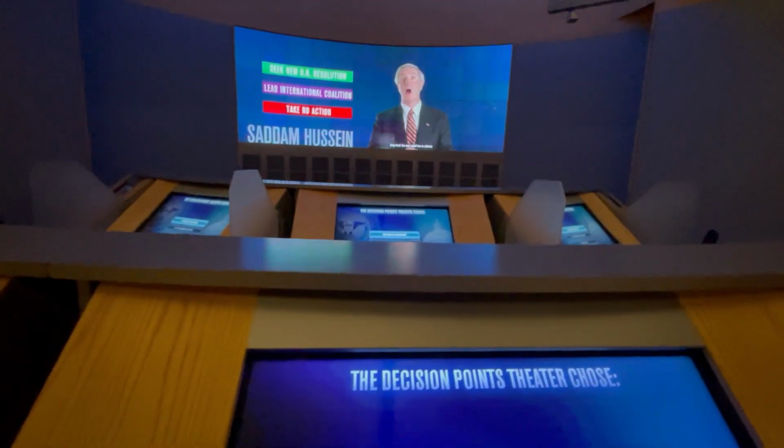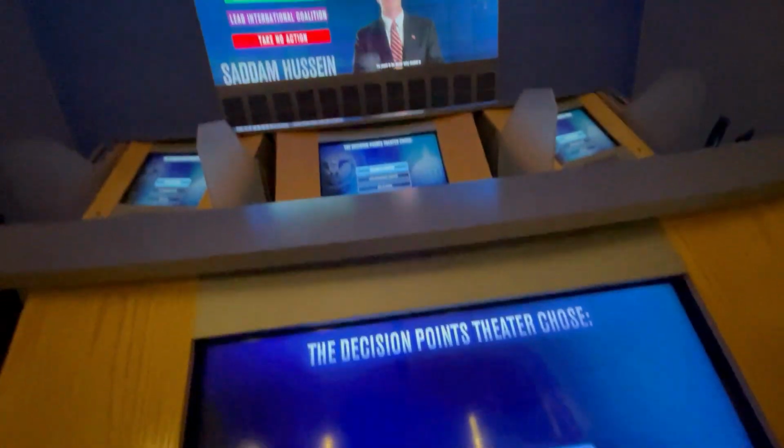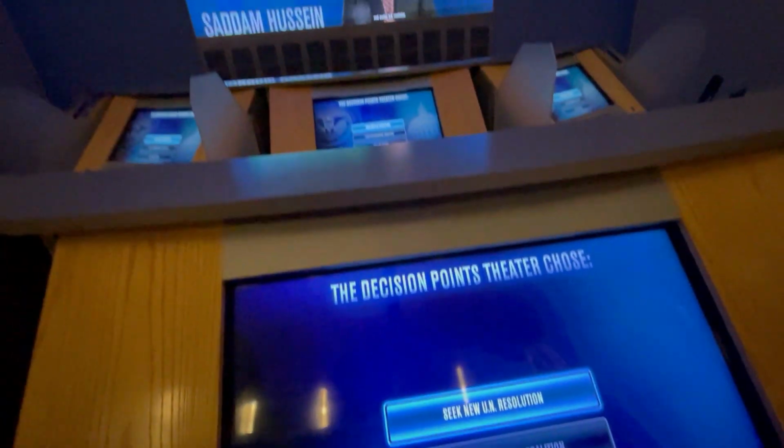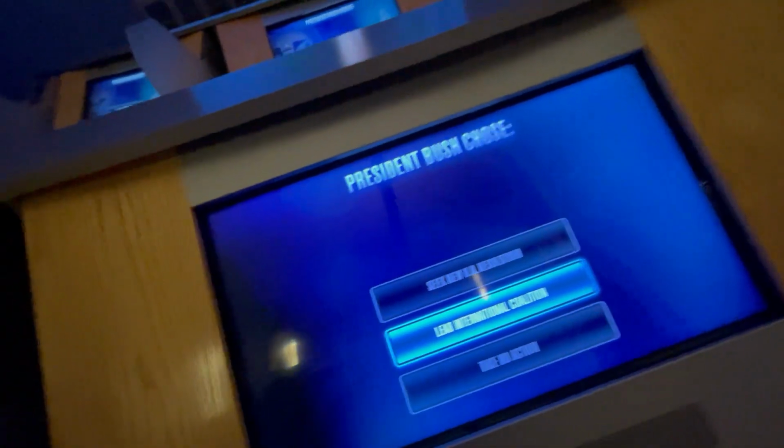You were asked how to address the threat of Saddam Hussein. You had three options. The people in the theater today decided to seek another UN resolution. Here's what President Bush did. My first choice was to use diplomacy rather than putting American troops in harm's way. The UN had already passed 16 resolutions demanding that Saddam Hussein disarm. I was hopeful that the 17th